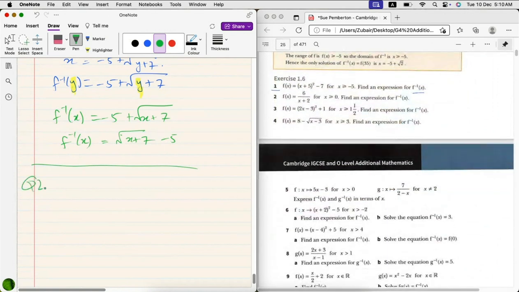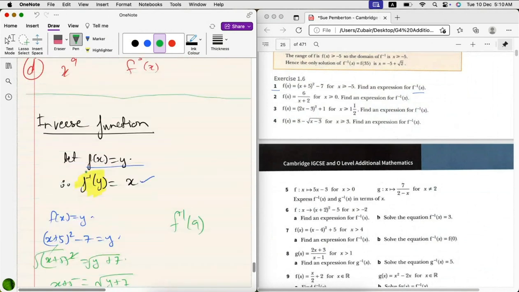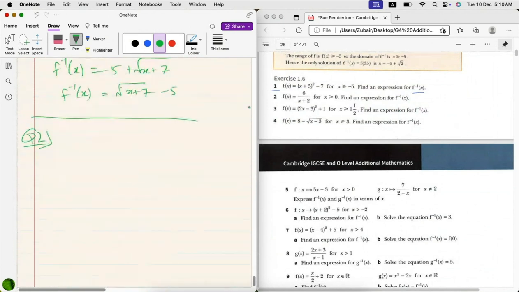We don't have to go in such detail every time. We just write this. And then question 2 is f of x is equal to 6 over x plus 2. Step 1 is equate with y. Y is equal to 6 over x plus 2. Step 2 is make x the subject of formula. So if we just cross multiply them,